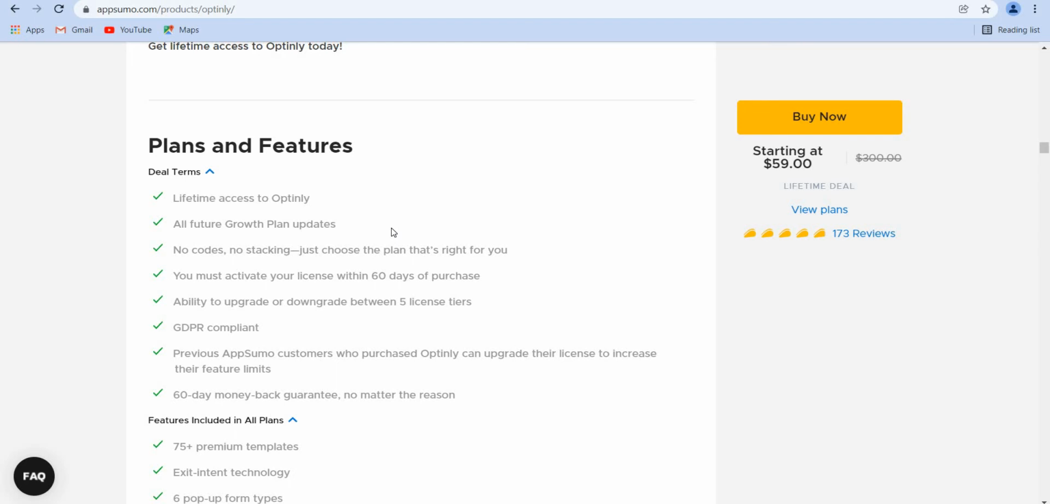So with this plan on AppSumo right now, you get lifetime access to Optinly. You get all the future growth plan updates. No codes, no stacking. So when they say all growth plan updates, Optinly actually came on AppSumo in January 2021, last year. And from that time till now, in one year, what they have done is they have introduced A/B testing. This was a widely requested feature. So A/B testing was not there in the earlier launch. So those customers who bought last year automatically get the A/B testing feature now,